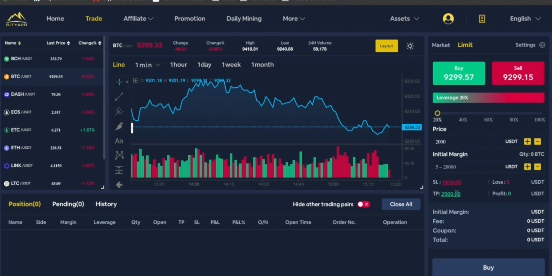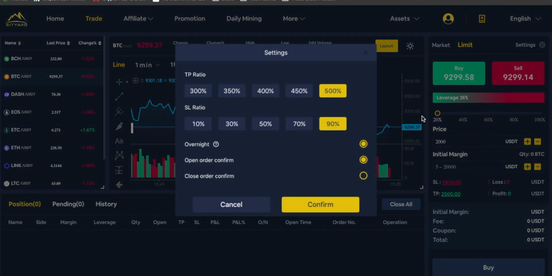In order for you to change and customize these parameters, you need to go to the settings. If you go to the settings, it is going to give you some parameters that you can play around with. You can change the take profit ratio, and the system is going to automatically execute these trades, because it is very important, especially for a lot of people who are very busy and don't really have the time to monitor what is happening on the platform. So you can just automatically